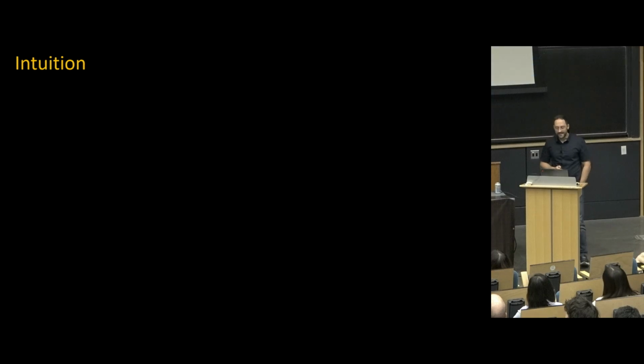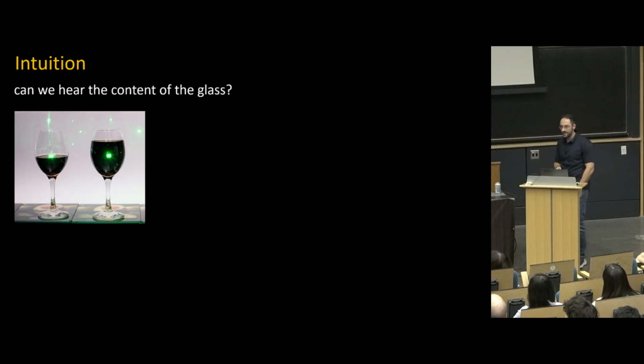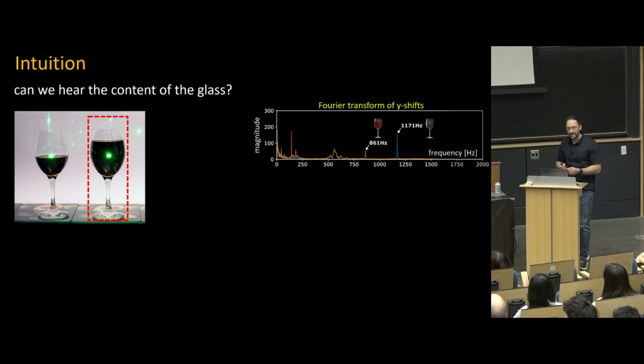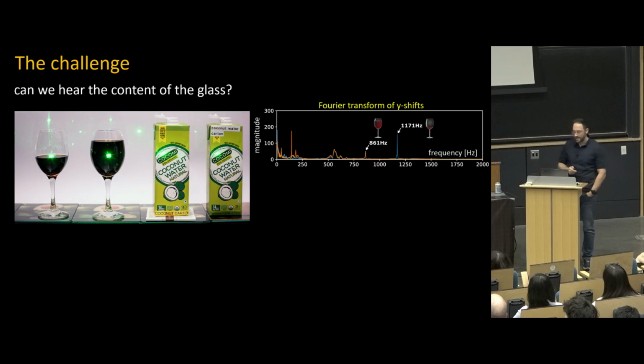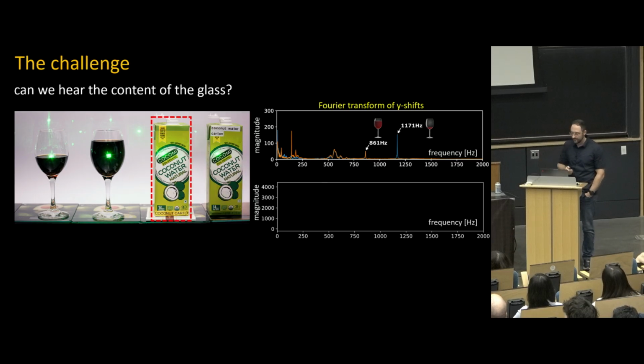Now, the intuition for why the answer is yes should be clear to anyone in this room who likes wine, okay? Because if you like wine, you know that if you take a wine glass and you fill it with different levels and you give it a little tap, you're going to hear different tones. And the reason you hear this nice clear tone is because a wine glass is a very special object dominated by one vibration mode. But if you try to do the same thing with something else, like this milk carton,